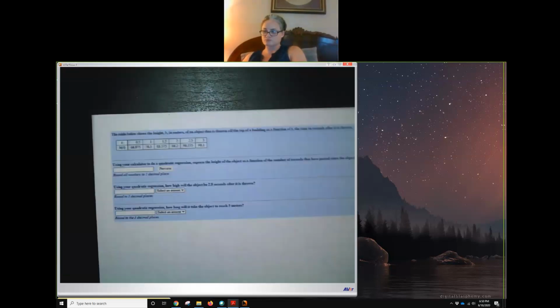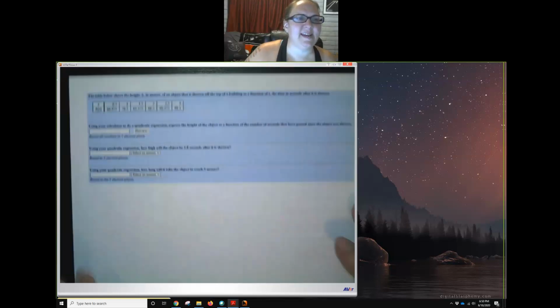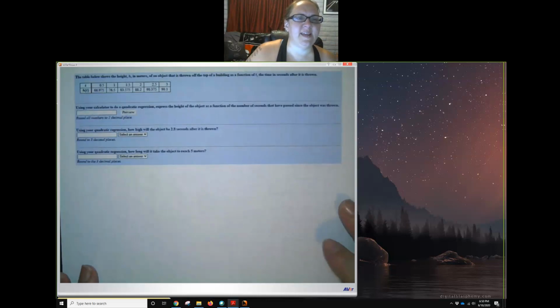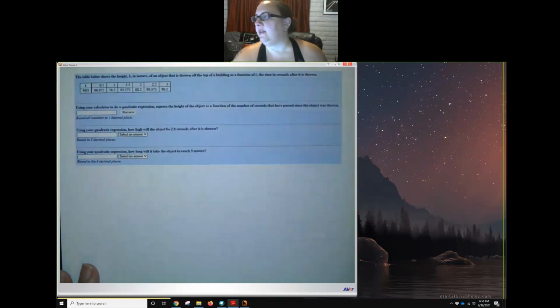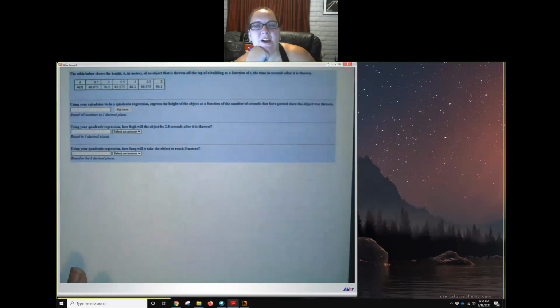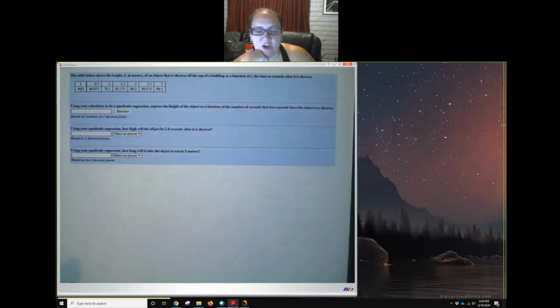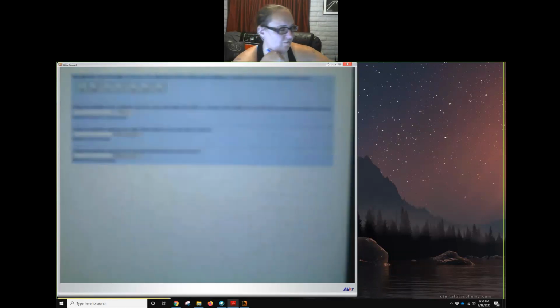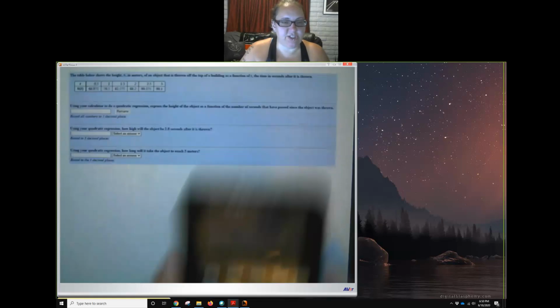Okay. Last but not least in this section, the table below represents heights of an object thrown off the top of a building. So quadratic regression is done almost the exact same way as linear regression. So we're going to start by,